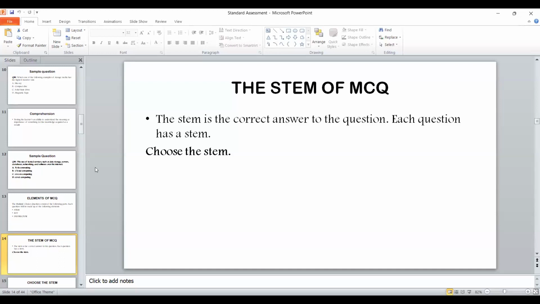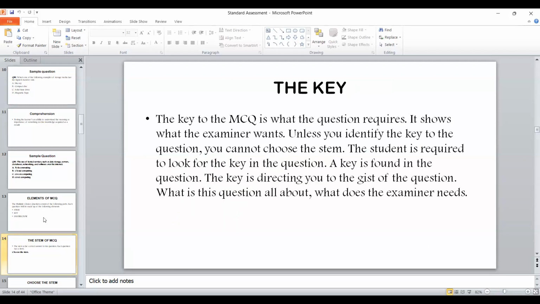So when you are setting a paper, you must ask yourself, will the student choose this choice as the correct answer to the question? If it is not there, then that is not a correct MCQ. A multiple choice question must have one correct answer. You must make sure that you include only one. Like in this